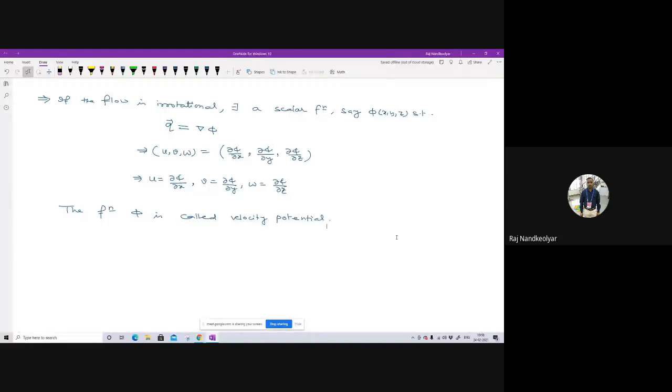So if I'm writing it here, if the motion is irrotational, okay, and the fluid is inviscid,